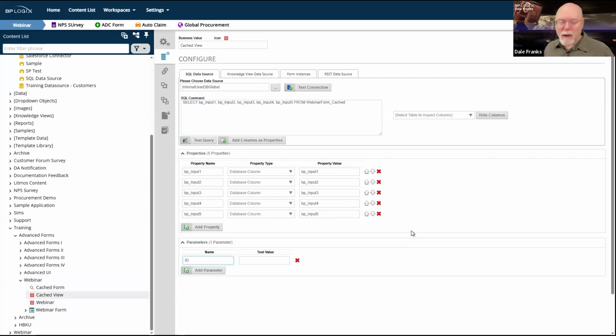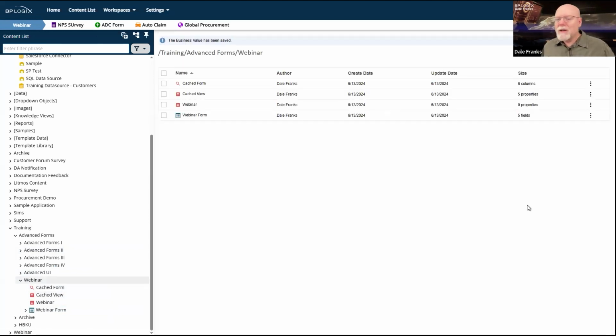We just want to be able to grab data from other forms. We want to do it as efficiently and as quickly as possible without having our users see spinnies. So we have two options for doing that. Either through caching and using a cached knowledge view, faster than a normal knowledge view, still slow compared to going in to a form and grabbing the form SQL view. But you've got some options there to increase your own performance in how you handle form data. So that's form data from the back end, and that's kind of cool.